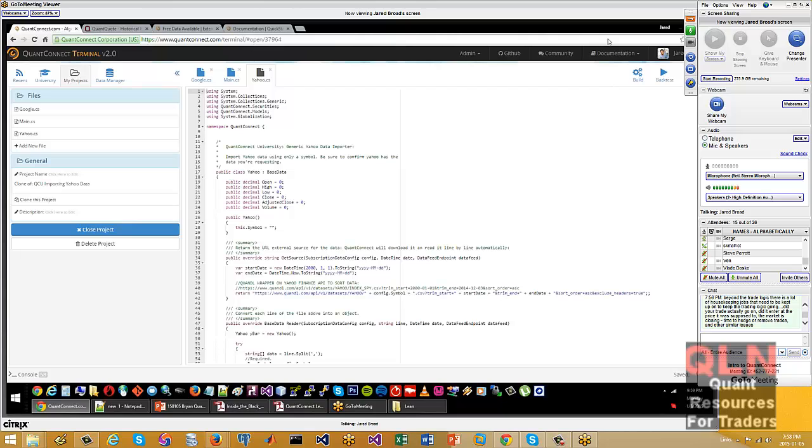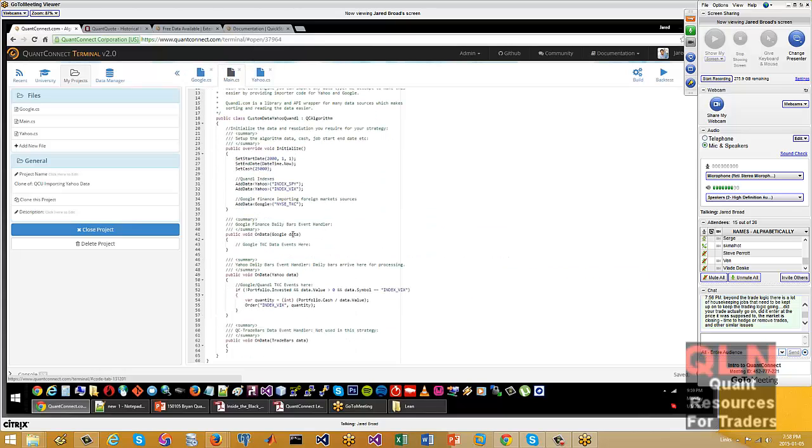So one of the things I love about QuantConnect is that you can import any data, literally anything. People import weather data, and this guy wanted to import Turkish data from the Turkish exchanges. So I wrote him an example algorithm which imports from Yahoo and Google. Here, I'll make the font bigger.